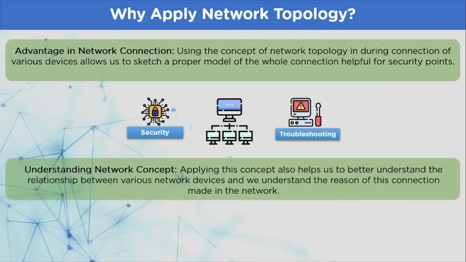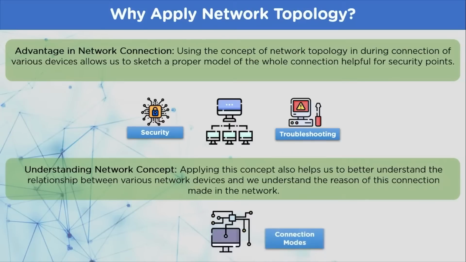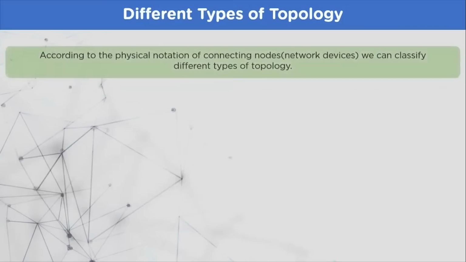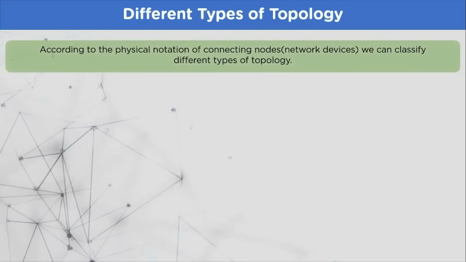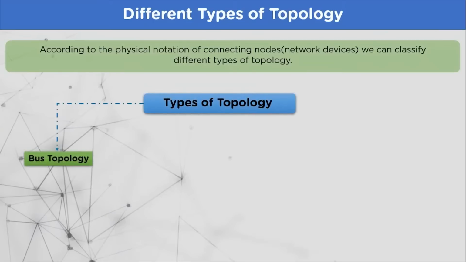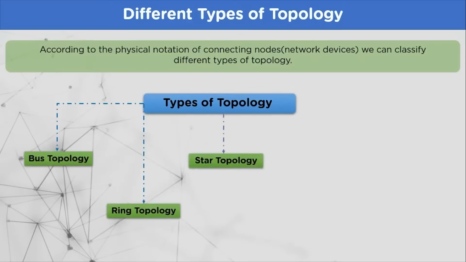Then, for the next reason, applying network topology helps the user to understand the communication relationship among the different devices and through a connection medium. This in turn helps the network professionals to set up an optimal network unit for the user. Next in the list, we have different types of topologies used in networking. First is the bus topology, then we have ring topology, then star topology, then tree topology, and in the end,